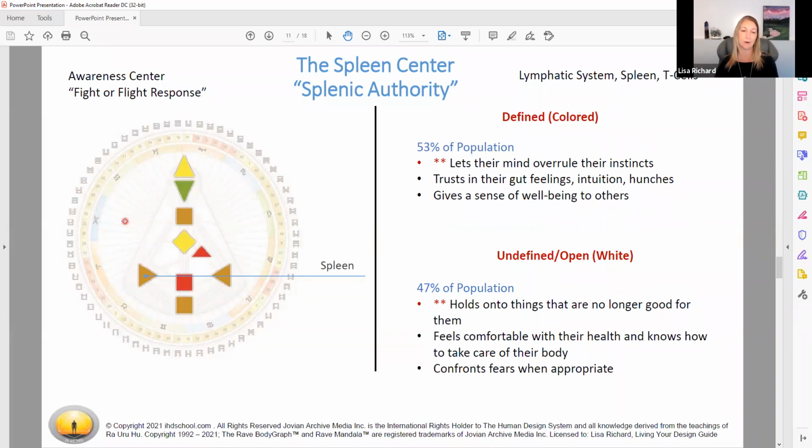Now, again, super important to make sure that emotionally you are neutral. So the more calm you are in your body, the more you're going to hear that guidance system, the more you're going to be able to really trust it. Now, you guys also have this beautiful energy in this center. It is giving you a sense of well-being to others. You can think of yourself as this giant teddy bear that just feels good. Everybody wants to be in your presence because that energy of that center is just resonating a feel-good feeling.